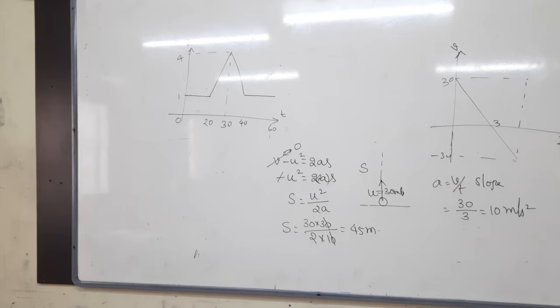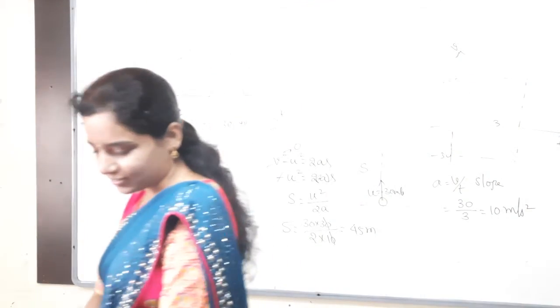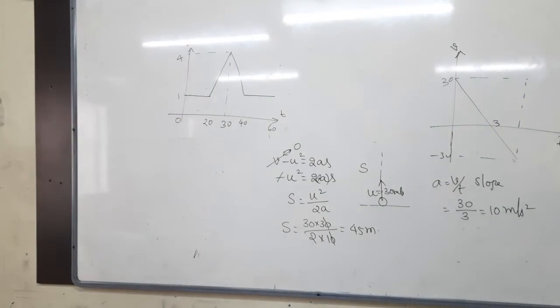You have to find out the total displacement of the object during the time interval when there is a non-zero acceleration and retardation. We accepted that. Yes, 50 is the correct answer. 50. Grace marks, Uday. 50 is the correct answer. Retardation we skipped actually. Retardation also you have to find out.